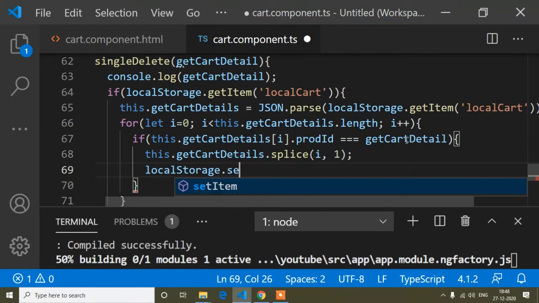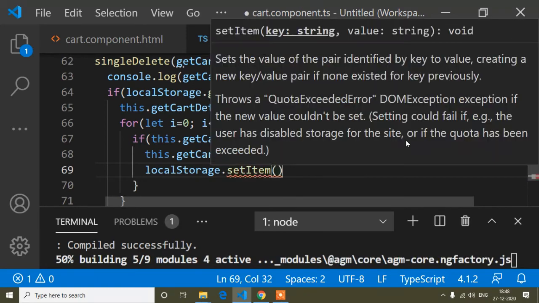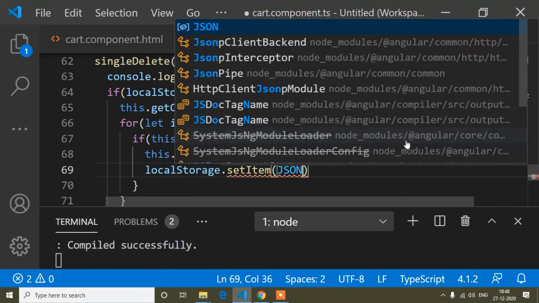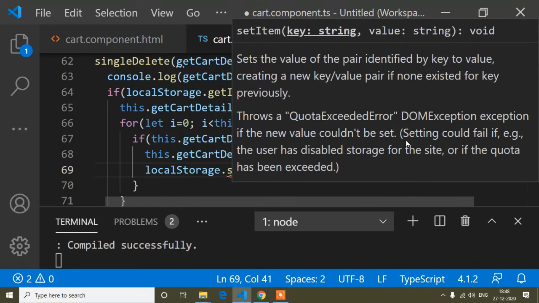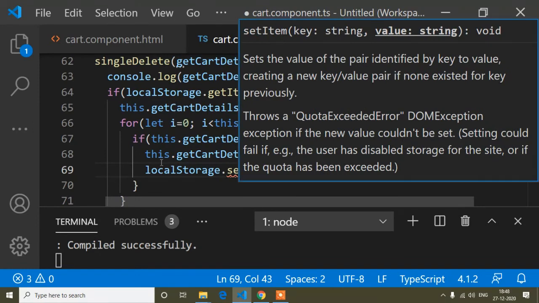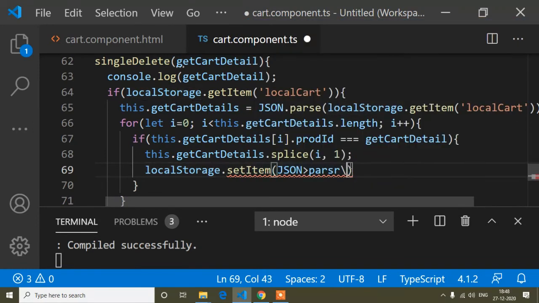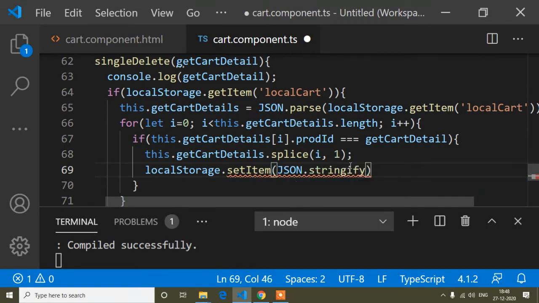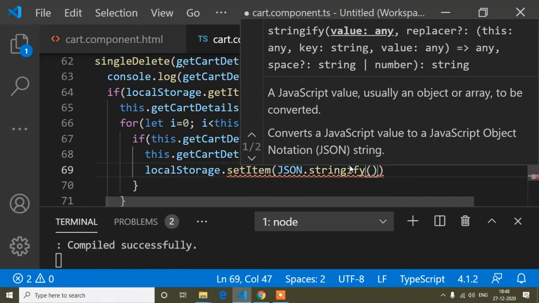Okay, so here I will do this thing, and now after removing that, again I will store into the local storage. So localStorage.setItem, after setItem, JSON.parse, just here JSON.stringify. I told you when we store anything, we convert it with JSON.stringify.